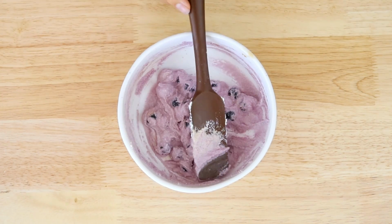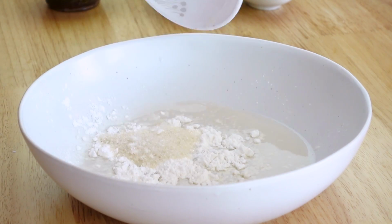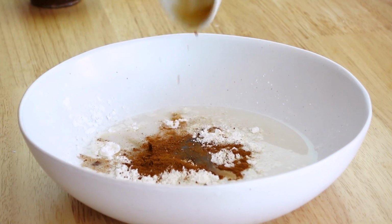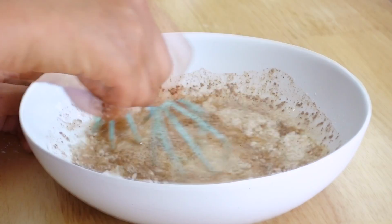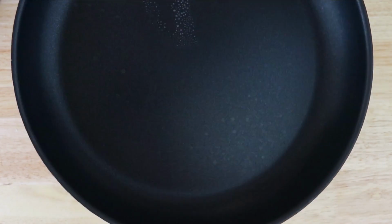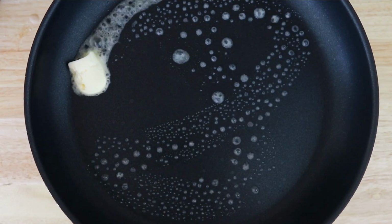So once we have that stuffing, you can set that aside, and then in a wide, shallow bowl, we're gonna whisk together some non-dairy milk, some cornstarch, sugar, salt, ground cinnamon, and vanilla extract, okay? So we're gonna mix this together until it is nice and smooth. And now we're gonna heat some vegan butter, or you can use vegetable oil on a non-stick pan, and then